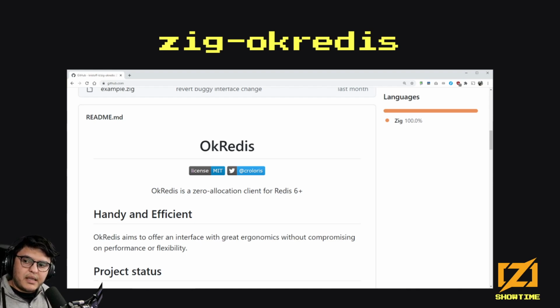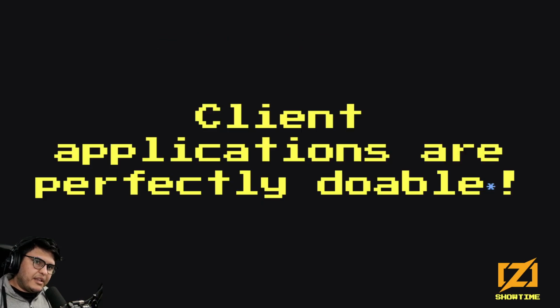So my argument is that if you want to start getting into async await, writing client libraries for stuff is a great starting point, because with client libraries, you can still be an async await user. You don't necessarily have to understand all the implications into how the event loop works and how the finer details of async await and frames are. So client applications are perfectly doable, maybe with a star, because you might find the occasional bug, I don't know, or because, for example, not all the async operators are there yet.